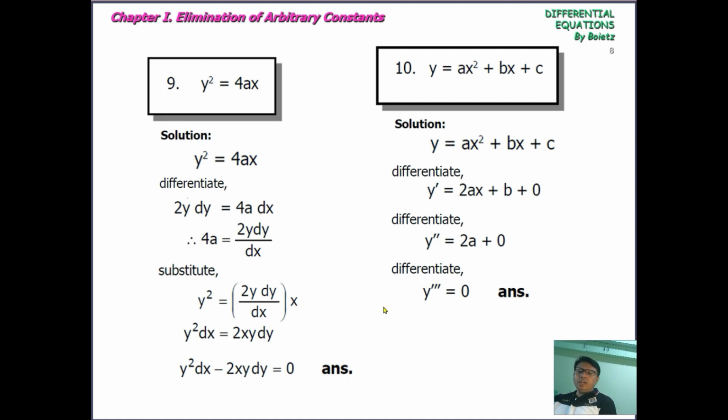Okay. So take note, this one is the equation of a parabola opening to the right or to the left, depending on whether it is positive or negative. Then this one is a parabola opening upward, or upward or downward, depending. Because you just perfect-square this and convert it to the standard form of a parabola. But the difference here is that this one is first order, while this one is a third order differential